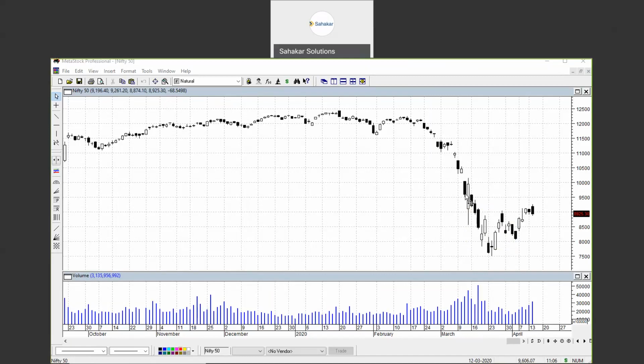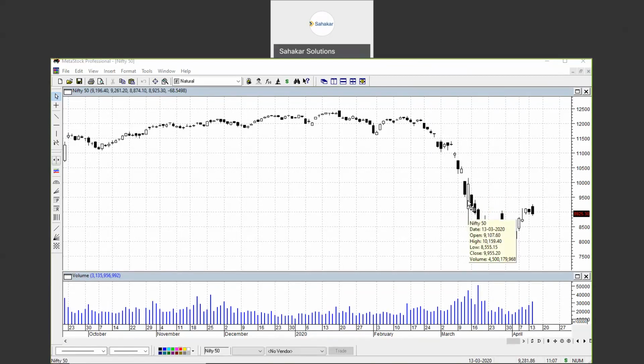So by looking at the candle here, you can say what happened during the day. It is a black candle. It means close is below open, and the area between the low for the day and close is less. So it opened here, and the open itself is the day high because there is no shadow area above this, and the close came down below the open price, hence it is a black candle.